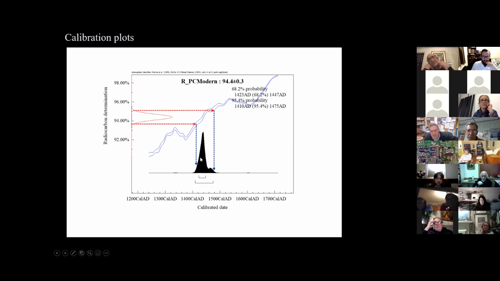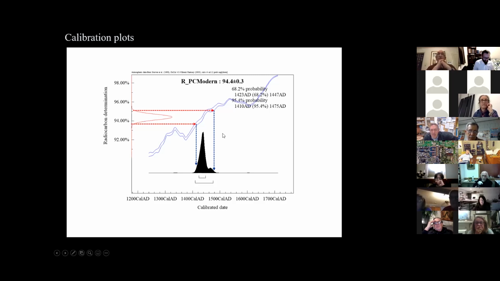And those translate into a range of ages that go, in this case, from 1410 AD to 1475 AD. Some people use the plus or minus 1 standard deviation from the mean, which is narrower. It's the width at about half the height of a bell-shaped curve. So you may be tempted to go for this 68% plus or minus 1 standard deviation range, which is indeed narrower. But if you quote that, there's actually a 1 in 3 chance that the true age of your sample